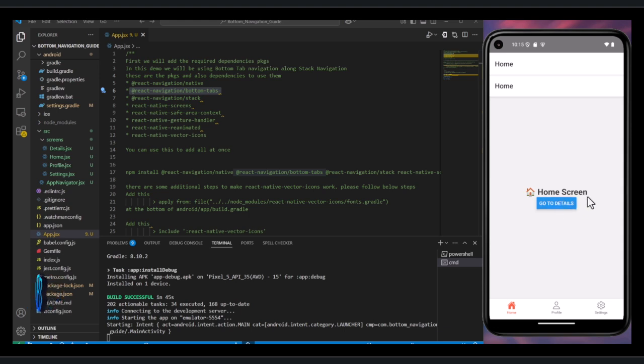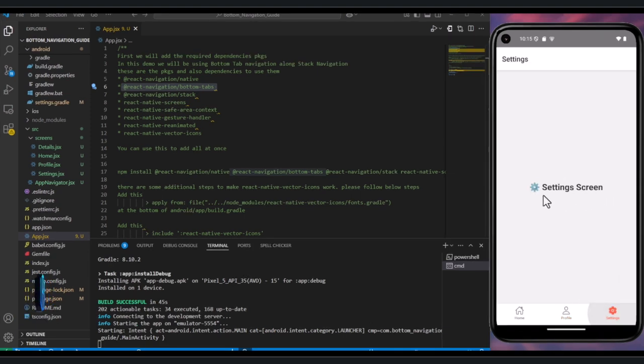When tapped, this button navigates to the Details screen, which is part of the Stack Navigator inside the Home tab. The Details screen displays a heading along with a Go Back button, which allows users to return to the home screen. The Profile screen is accessible through the Profile tab in the bottom navigation bar and displays a heading labeled Profile Screen. Similarly, the Settings screen is accessed by tapping the Settings tab, displaying a heading labeled Settings Screen. The combination of bottom tab navigation and stack-based navigation inside the Home tab makes the app's navigation more dynamic and